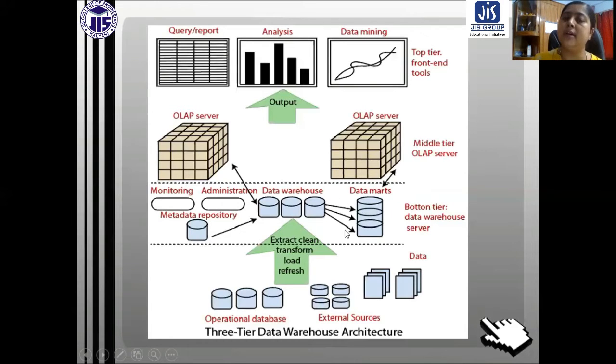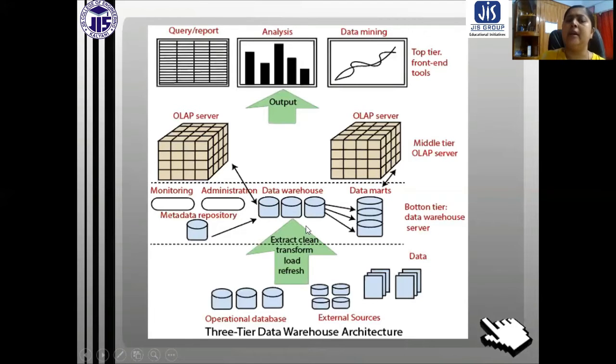Some functions and some methodologies are applied, and whatever we get comes into the OLAP server. Those are not the output. Those are going to be stored in the OLAP server.